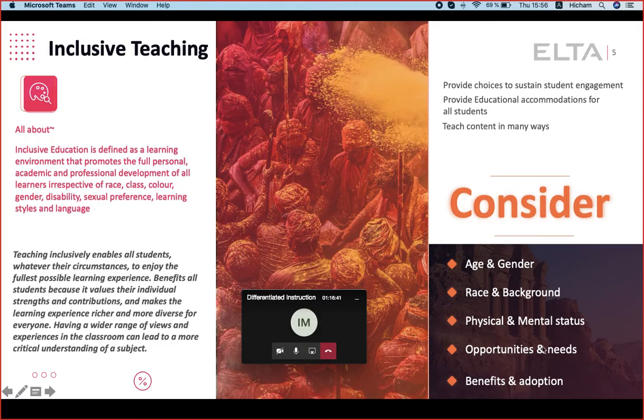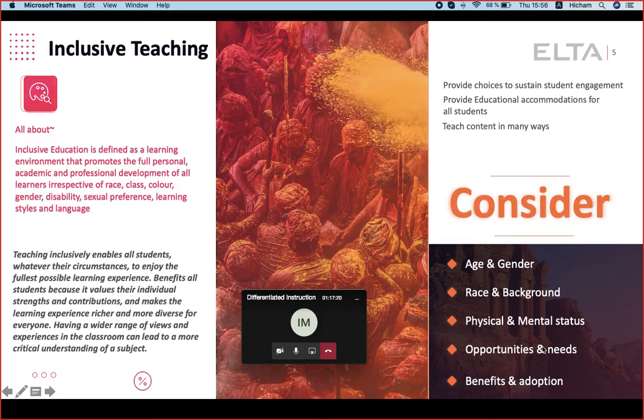Then opportunities and needs, which we mentioned before: we need to give students opportunities, and we need to respond to their needs. We need to make them part of those opportunities, so they are part of the creation of a certain model of our classes. The more we give them opportunities, the more we understand their needs, the more we see the way they deliver, the way they engage, the way they perceive information and transfer it to an application in the learning process.